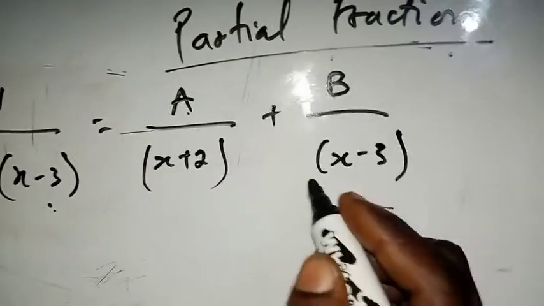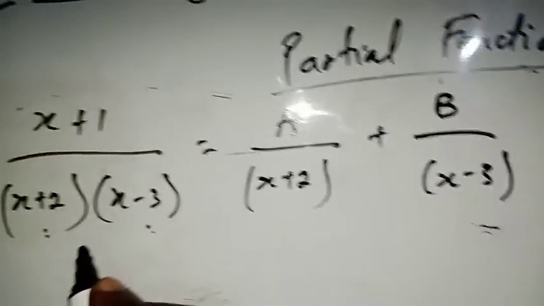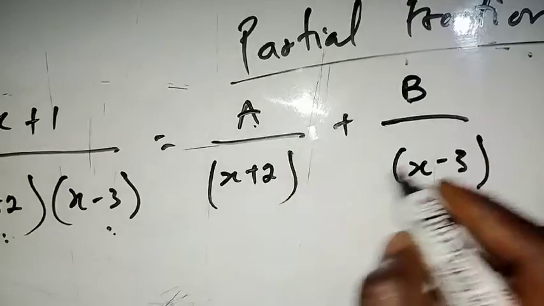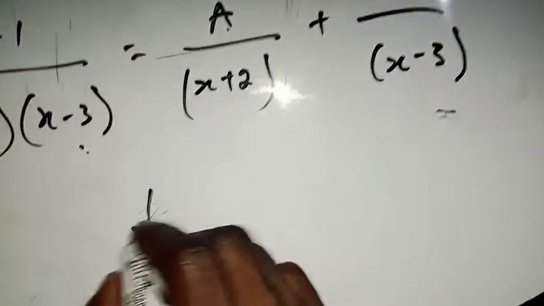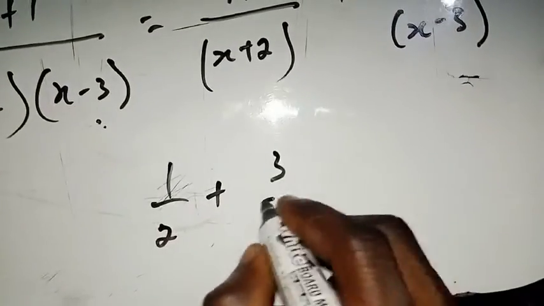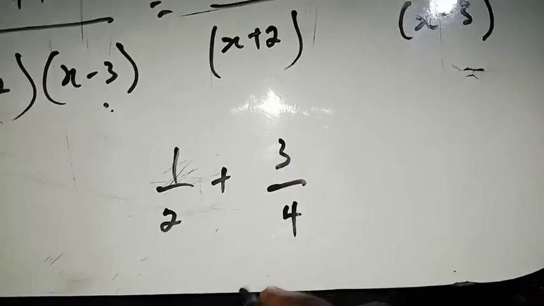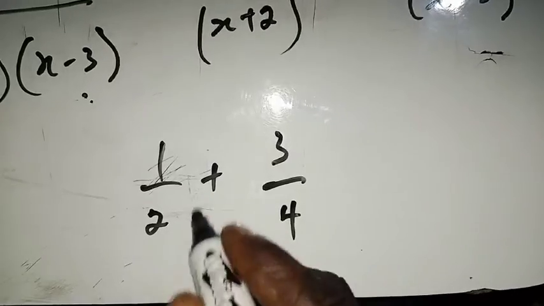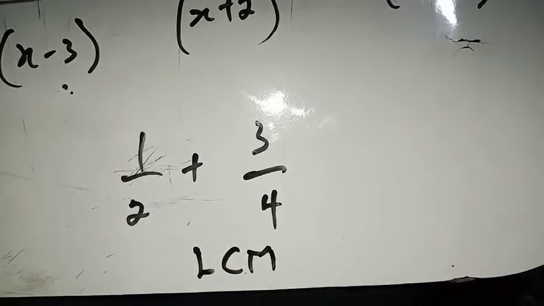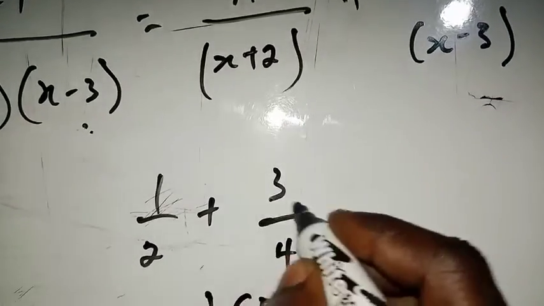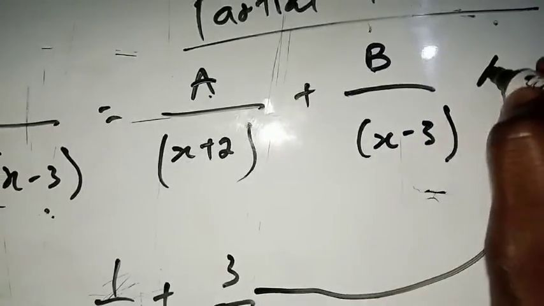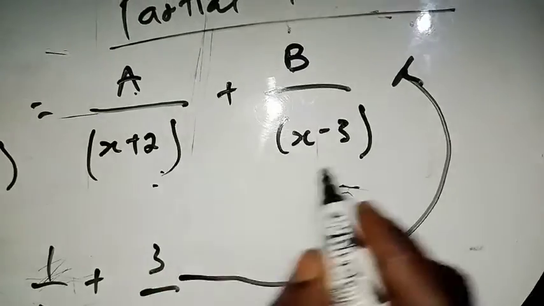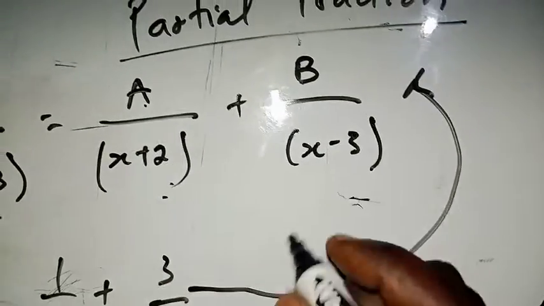But here is something, because this looks something complicated, right? So here is a simplicity. The reason why I'm calling this one simplicity is that I have 1 on 2 plus 3 on 4. This is addition of fractions, right? So here you are going to find the LCM, that's the least common multiple, and then you proceed from that. This is the idea that we are using to solve this method. Is that okay? So what will be the LCM between these two? It is the same thing, right? So it will be the same thing. Then with the LCM, then